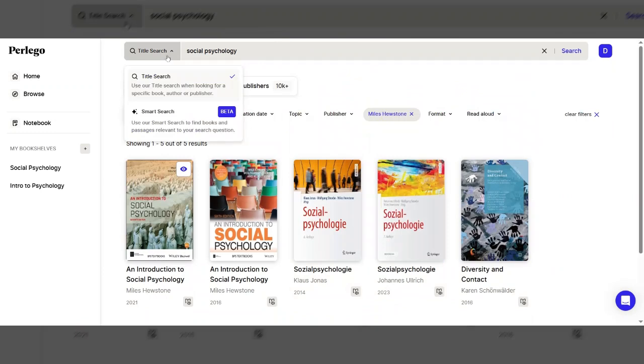Another option, just to show you, if we go back up to our search bar, and the left hand side, if we click where it says title search, the other option is a smart search. And you can see beta, which just means it's kind of a new function and it's still being tested. So I suppose that will tell you that maybe there could be some issues that need to be ironed out with it. So you can test it out and see if it's useful. But the idea of smart search is that it operates more like Google, maybe, or some search engines like that you're used to using, where you can just put in free text when you're looking for something.